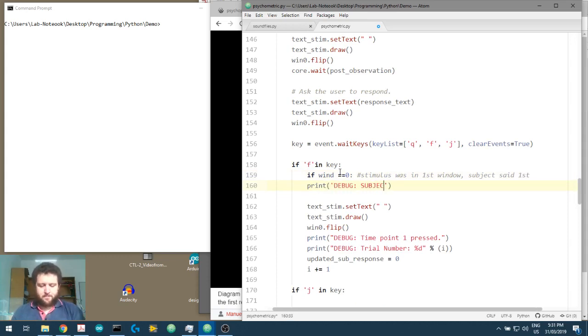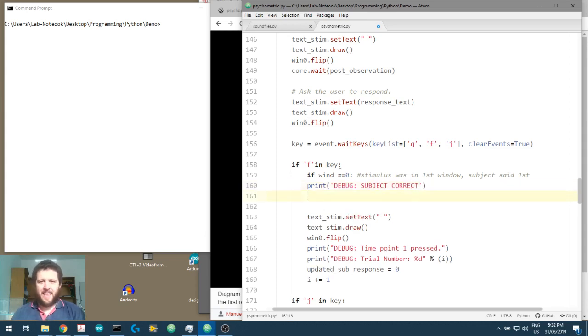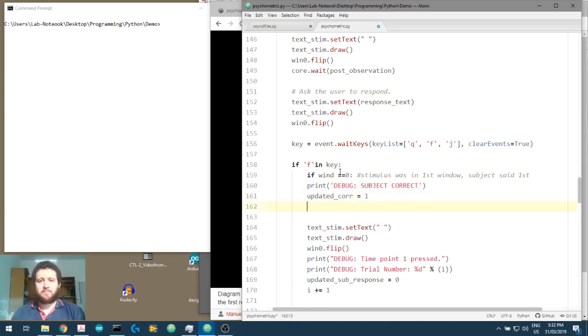Subject correct. And what we can do now is say updated correct equals 1, because we're going to say a 1 means they got it correct. A 0 means they did not get it correct. So if they push the F key and if the stimulus was in the first window, they got it correct. However, else if wind equaled 1, so this means that